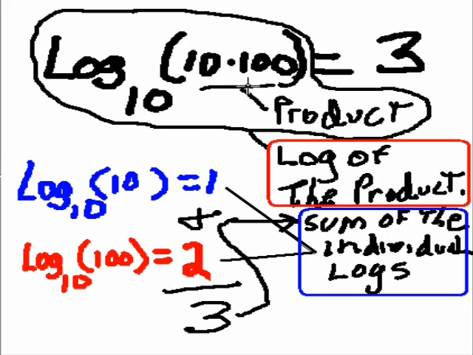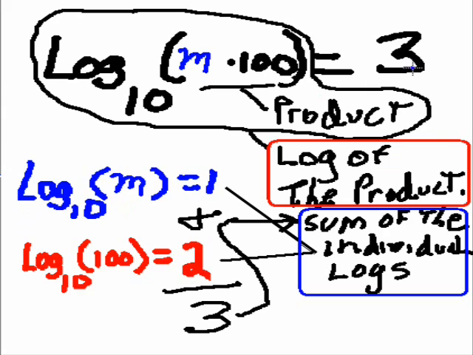Well, let's play around with this for a second now. We did this with numbers. What if I replaced the number 10 with the letter M, as in Mary? M, the first of those two factors in the parentheses. Well, I have to do that for the other guy, right? But that wouldn't change the value. It'd still be the truth of the equation. It's still true. The log base 10 of m times 100, if it's equal to 3, well then, that's the